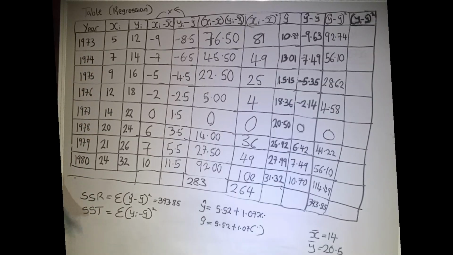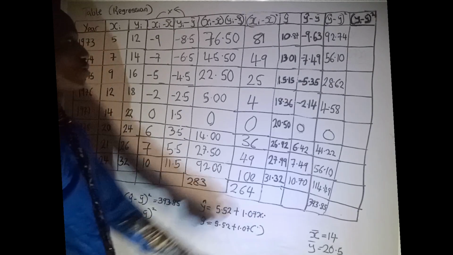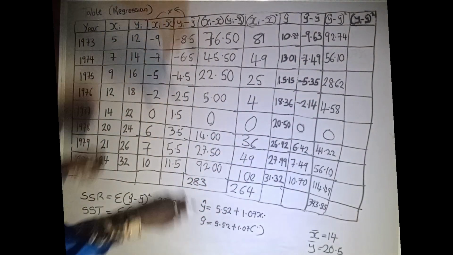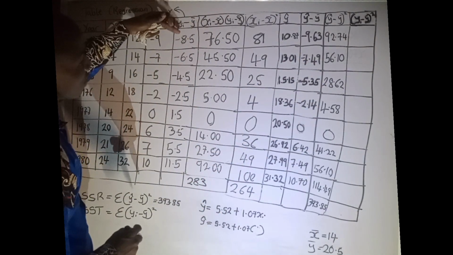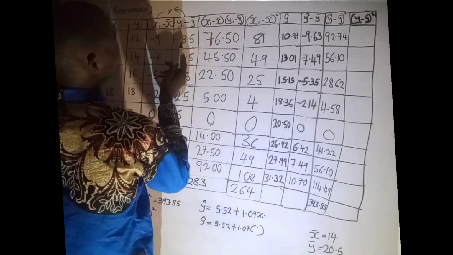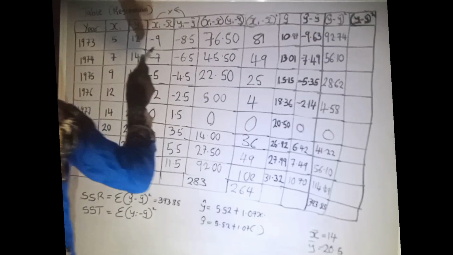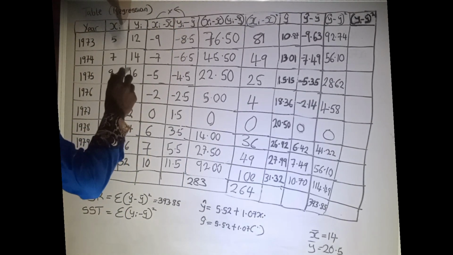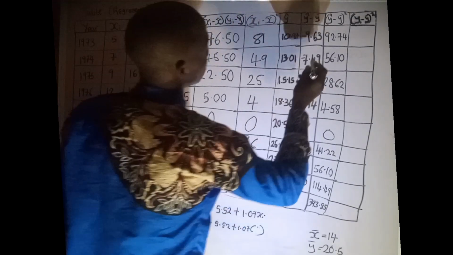Okay, now let us proceed with our calculation. Therefore, I'm going to be squaring this value, which is minus 8.5 for these cells now. This value belongs to this cell, so I'm going to be squaring minus 8.5 squared, and when I square it, I got